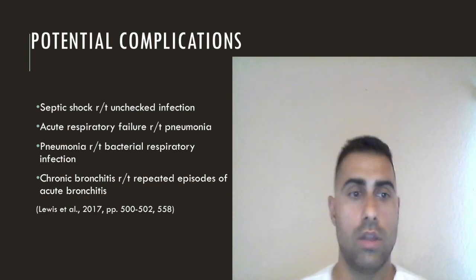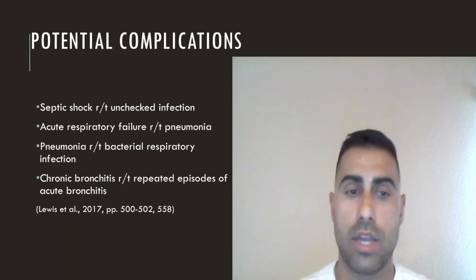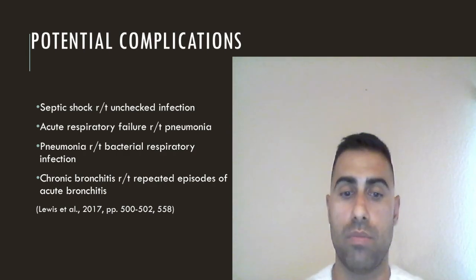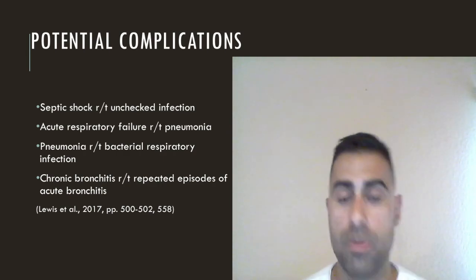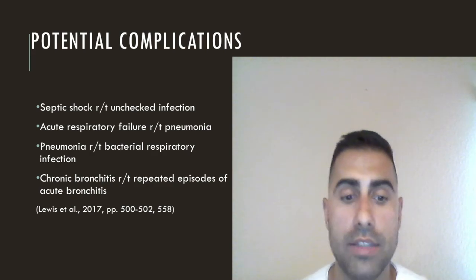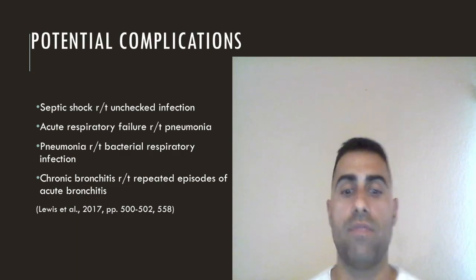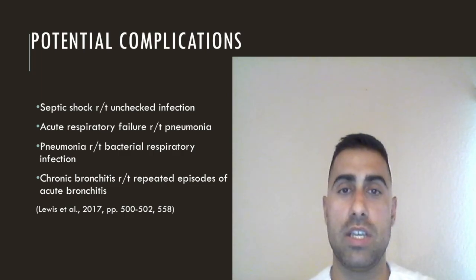We have chronic bronchitis related to repeated episodes of acute bronchitis. This can result from repeated bouts of acute bronchitis. To prevent this, we treat the infection, don't smoke, promote hygiene, and avoid pollutants such as chemicals or vapors that can irritate the lungs. To identify this, we look to see that there is a presence of a productive cough